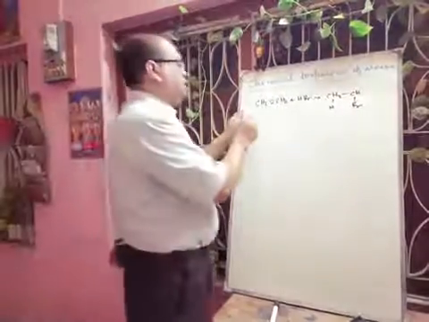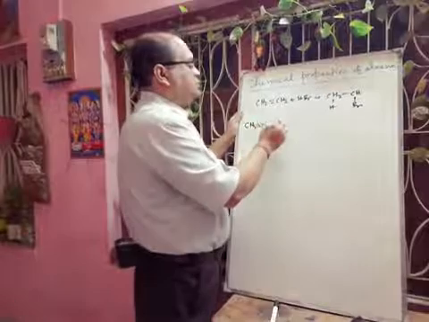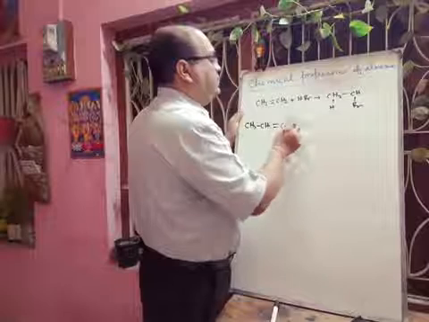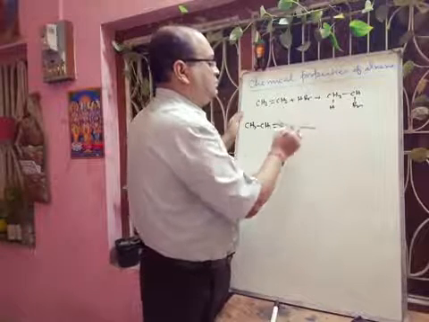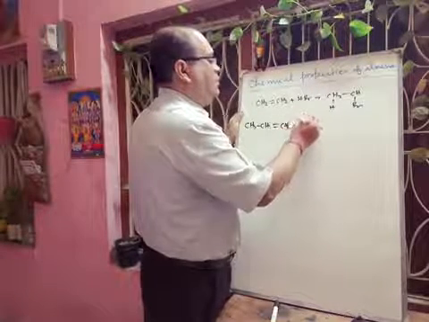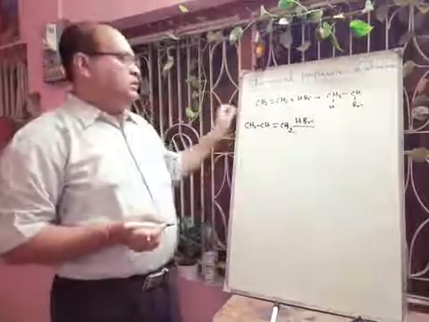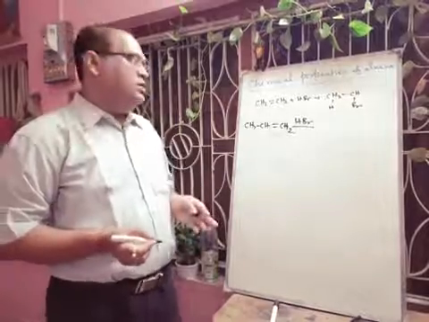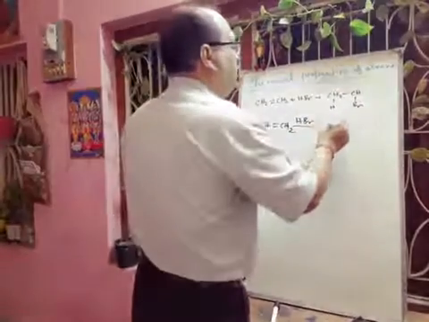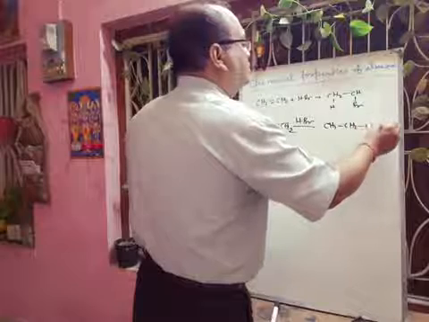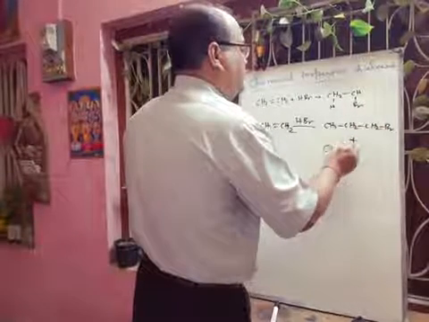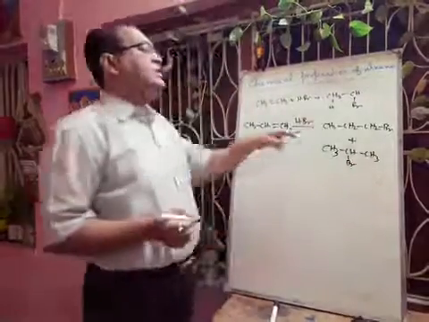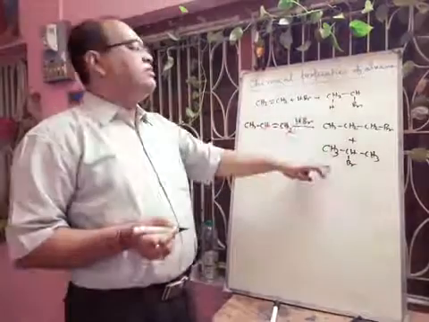If we think about the unsymmetrical alkene like this, CH3 CH double bond CH2, here if we add HBr, here this one is equivalent, both sides are equivalent, here both sides are not equivalent, so there will be a mixture of products. We will get two types of products, one is CH3 CH2 CH2 Br, another we get CH3 CHBr CH3. So first one is 1-bromopropane and second one is 2-bromopropane.